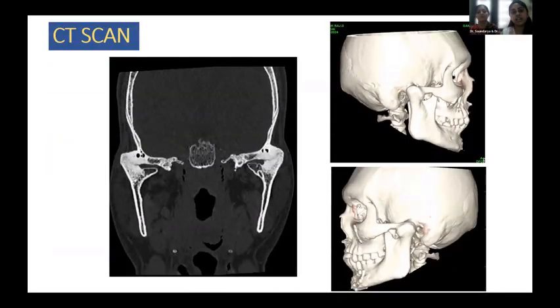Coming to the CT scan, we can see the lateral condylar part is fused to the zygomatic arch and also to the lateral portion of the glenoid fossa. And you can see the medial condylar part, that is the residual condyle, is still intact with the space between